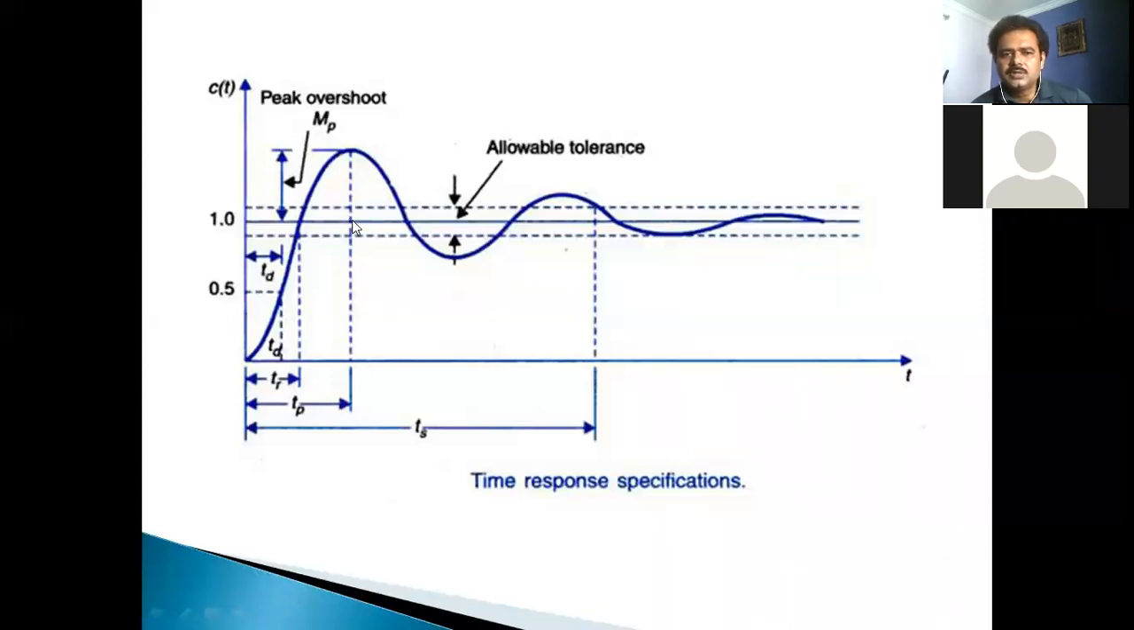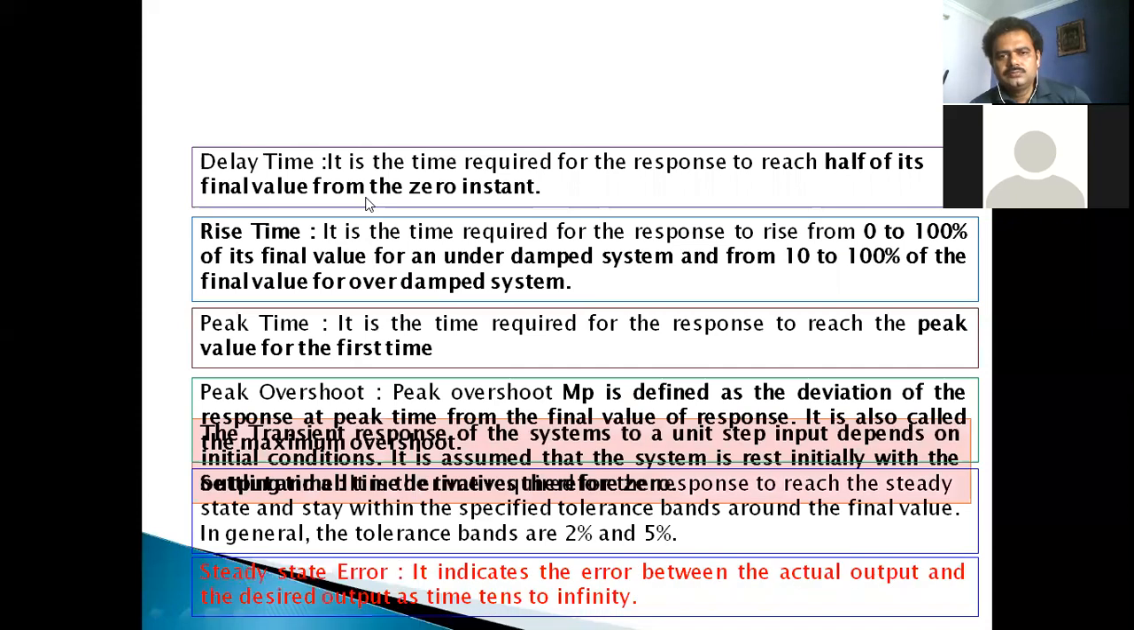Peak overshoot means how much the response is above the final value. So it is not the time taken, but how much it is more than the final value. That is called peak overshoot. Mathematically, you can show that later. Okay. Now,